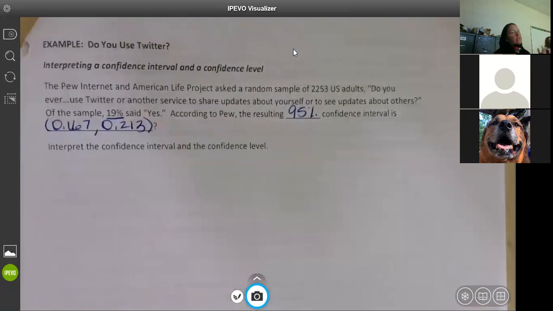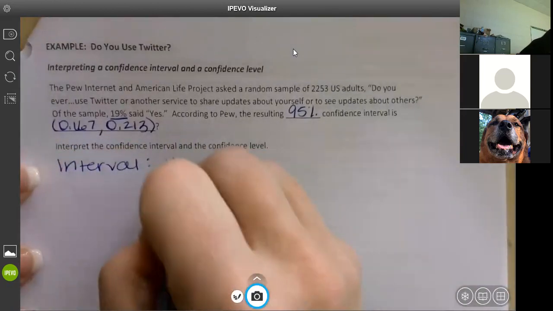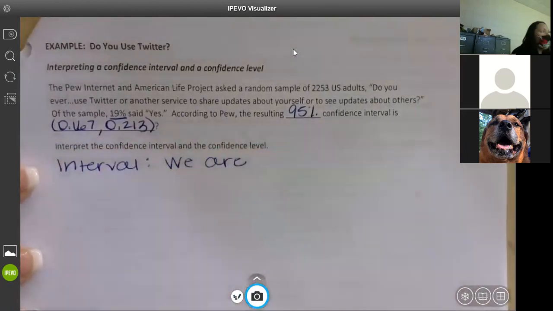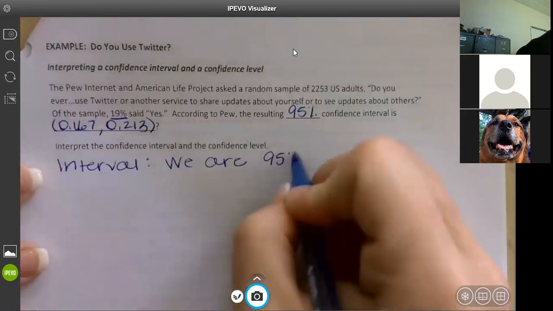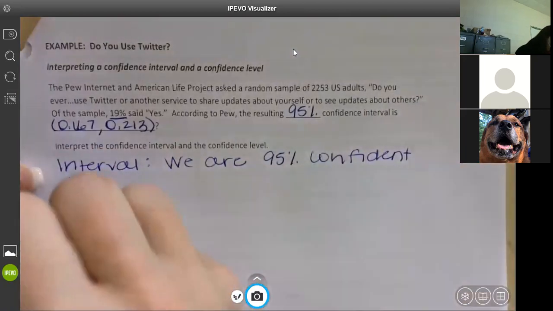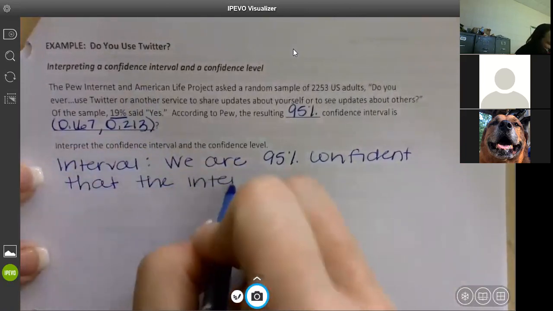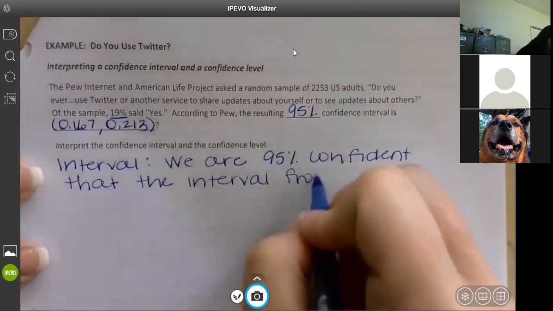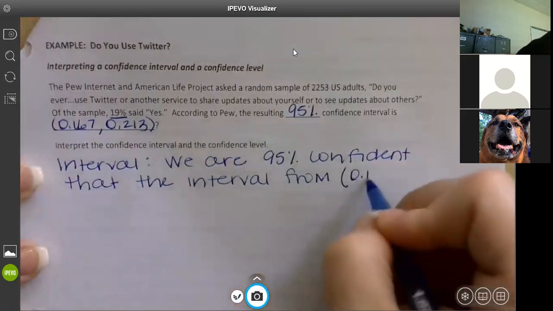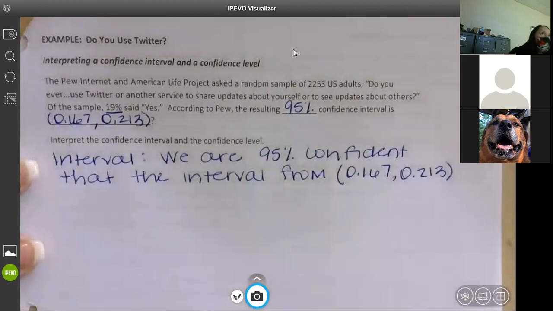I just leave those off so you don't go ahead of me. But again, we're just interpreting, so you don't have to do any work. We're going to start with the interval. Remember, the interval starts with we are, whatever our confidence level is, 95% confident that the interval from, you can write it as a point, 0.167 to 0.213